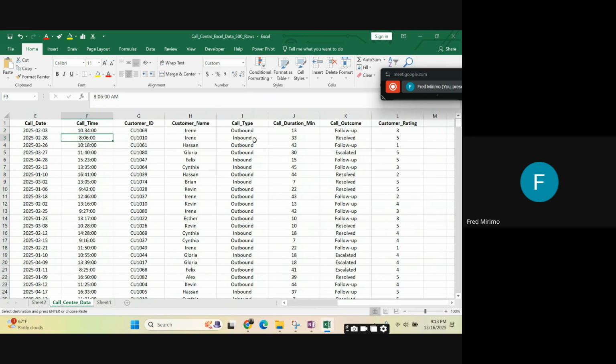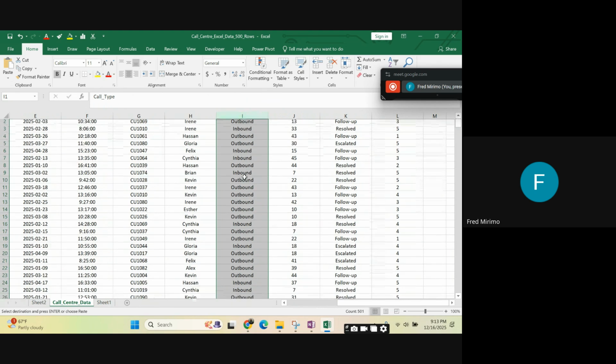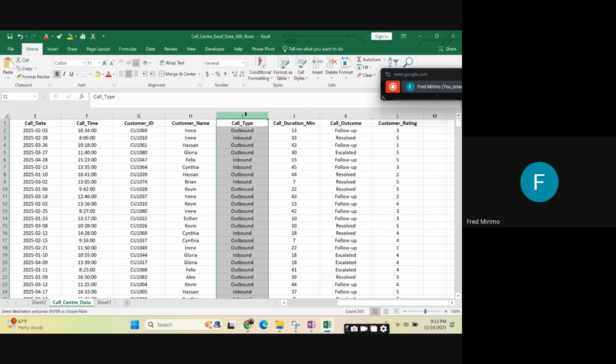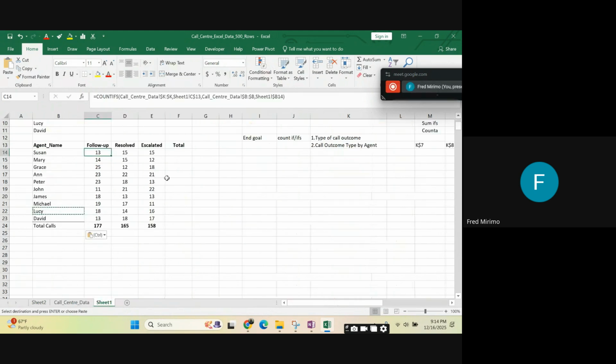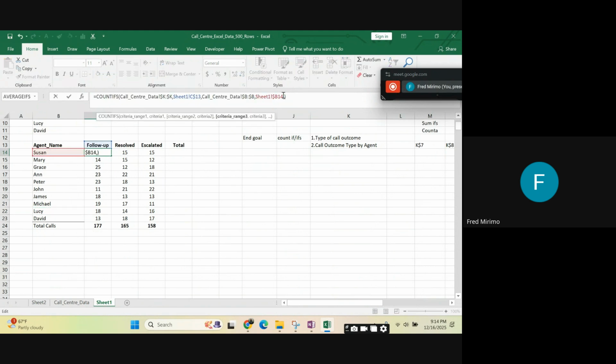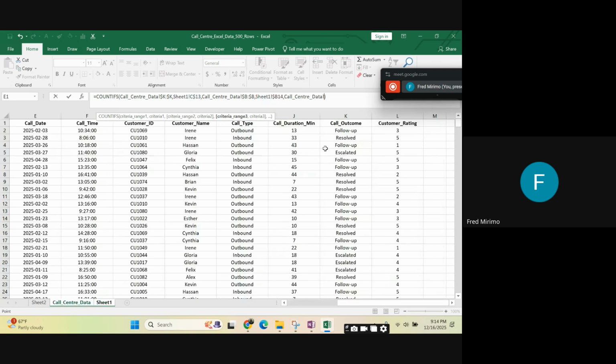And that distinction is in column I, where we have the type of call. Is it an outbound call? Is it an inbound call? Yes. So those are the categories that we do have. So if we want to include those categories, we can simply come here and add them. But we'll have to come to column I this way,